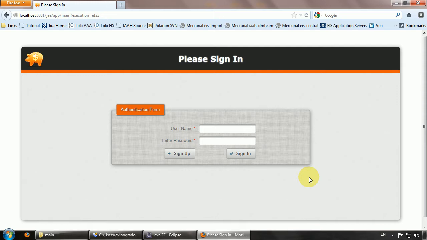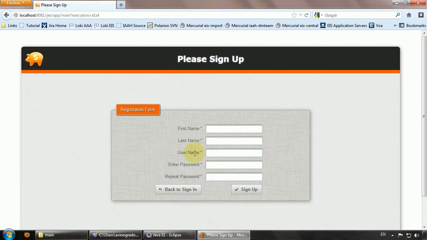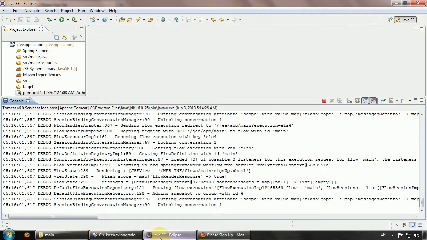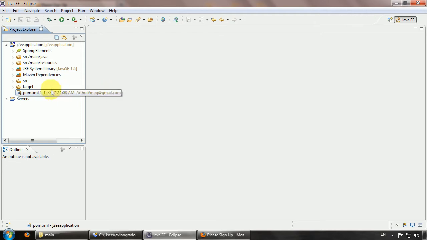So that basically means that all the data we type in these fields will not be saved anywhere in server memory. These data doesn't go anywhere. As you might guess correctly, we need to create some Java class model that will hold all these data in server memory. So let's go to the Eclipse